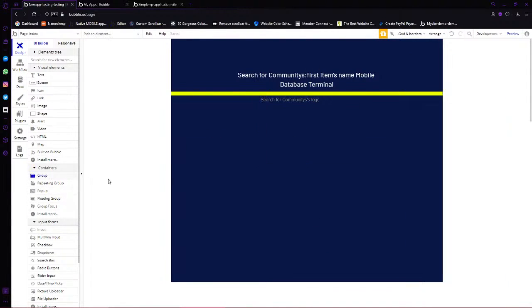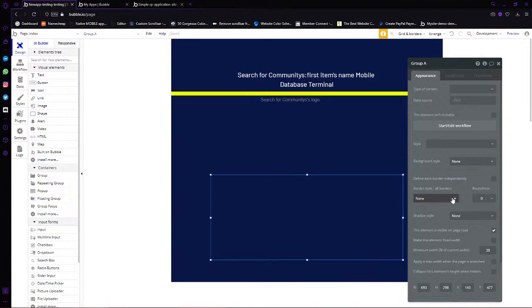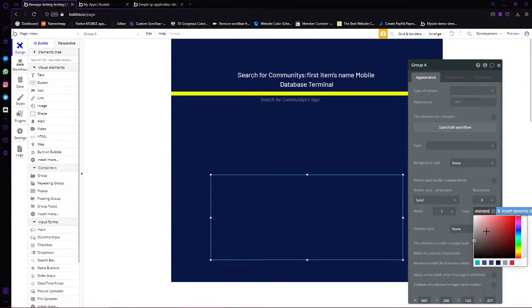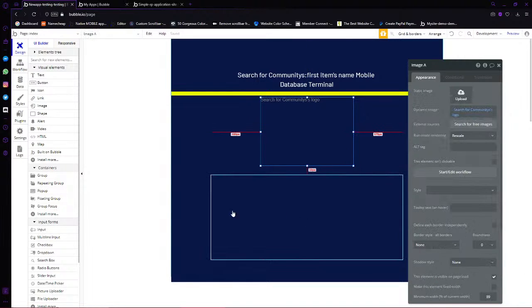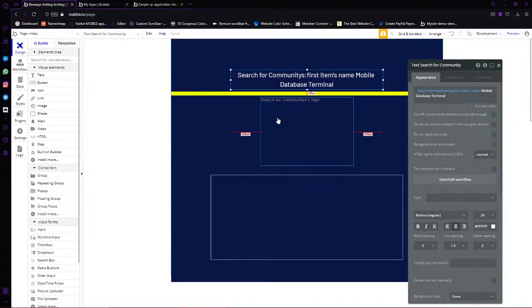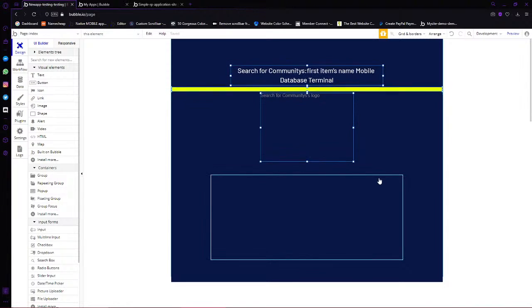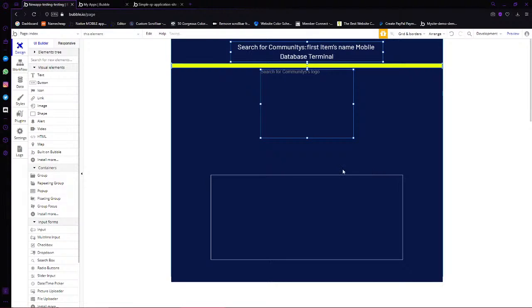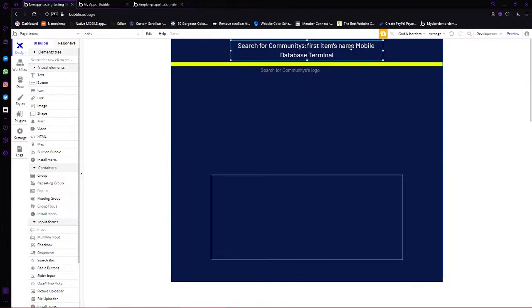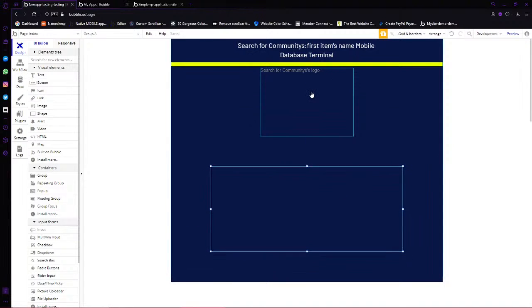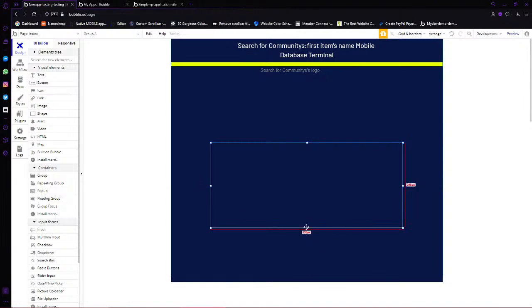Then we have that. I'm gonna put a new group here, just so I can see it. I'm gonna have a white background. So we're gonna move all this up here. Seven pixels there. 6 pixels, fine enough. 7 pixels there. I'm gonna move this up. Okay, so now we're gonna do the